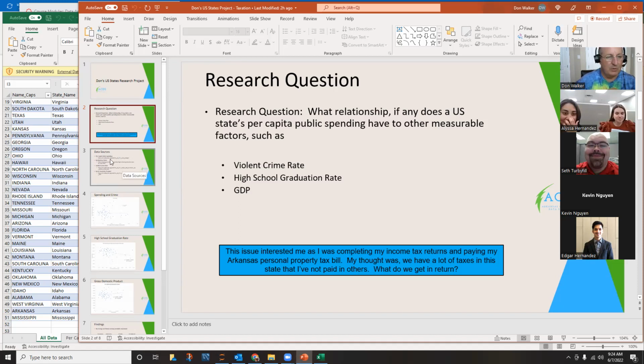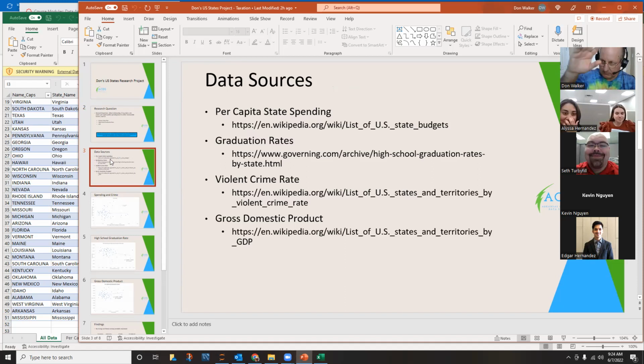Okay, so the next phase in data analytics is you figure out what data is out there, what you have to work with. Well, luckily, there are lists of U.S. states and territories available on the web that are focused on key issues or myriad issues. I've been unable to think of one that didn't have a table somewhere to provide the data that I was